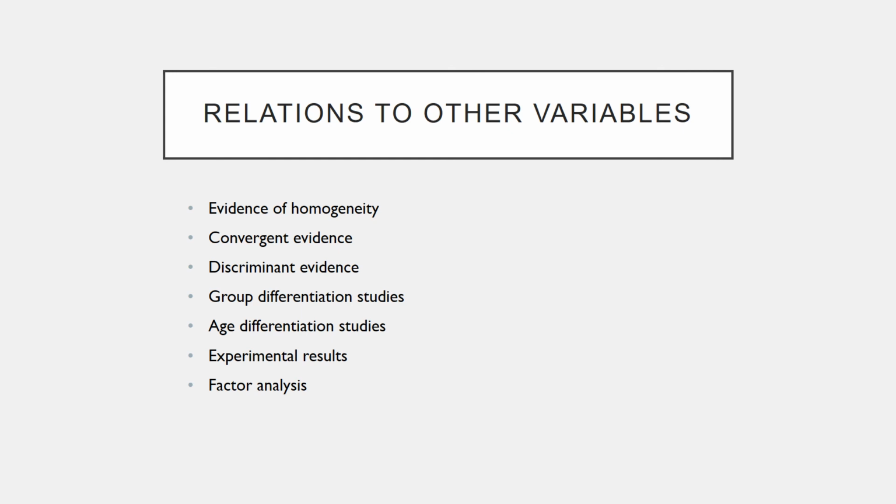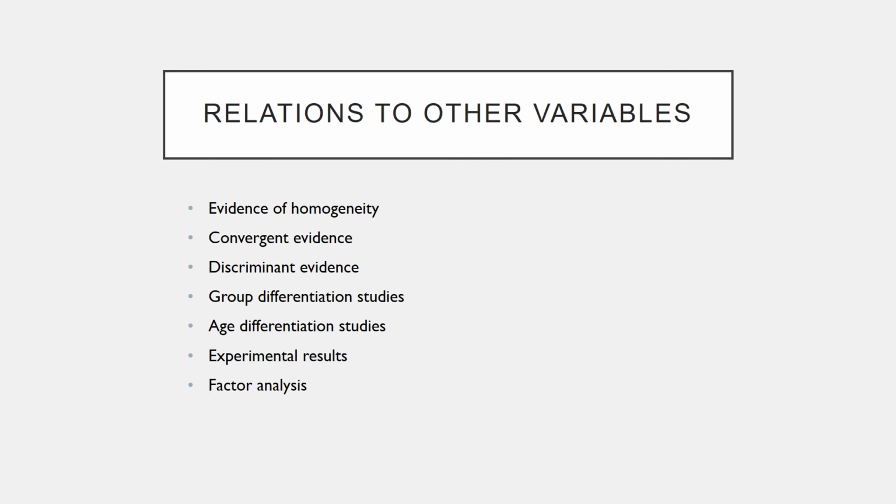So we want to make sure that in adding all of these different pieces to a test or an instrument, they are all measuring things similarly in terms of the way that they are looking at that construct or that variable. So we want to look and see if things like correlation, so if the scores are changing in the same sort of way, not just on the entire instrument, but on different subscales, on different items that are supposed to be looking at the same thing.